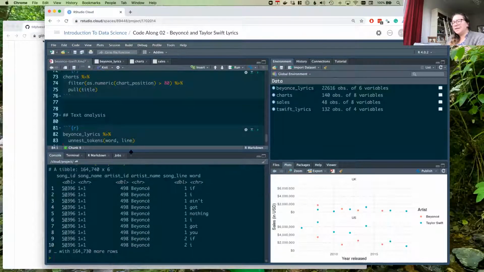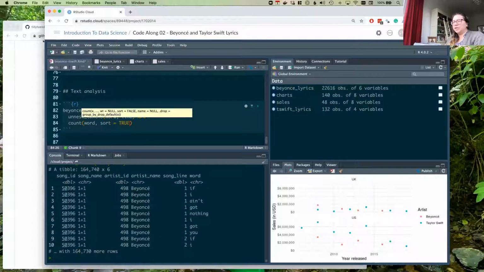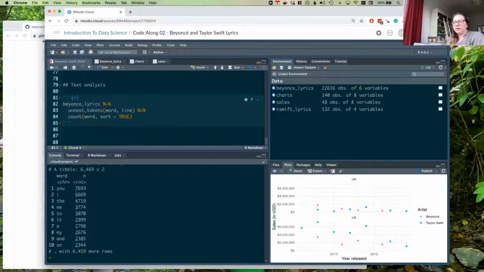What we can see here is that for each of the lines, this is still line number 1, I have basically unnested it such that the words that appeared next to each other in a line are now in their individual rows. And then we might say, okay, count for me the words, and then sort to find what are the most common words.